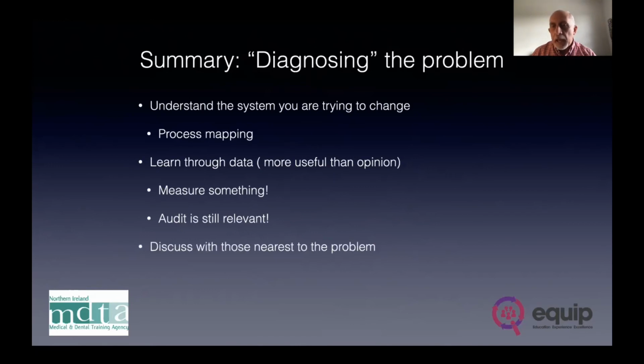And then the other key element is discussing the problem with those nearest the problem. So, what we want is our receptionists to fill in the form properly. What we want is our nurses to make sure that they've collated sufficient information to allow the doctor to make a good decision about what antibiotic to use in this particular problem. And so engage appropriate staff, and that's often done as part of the process mapping itself. And obviously, talk to patients. You may well want to talk to patients about what their idea is, and maybe even involve patients in coming along to the process mapping